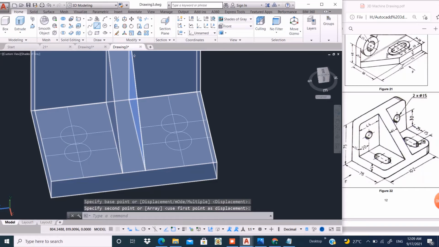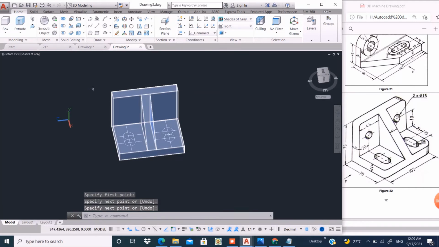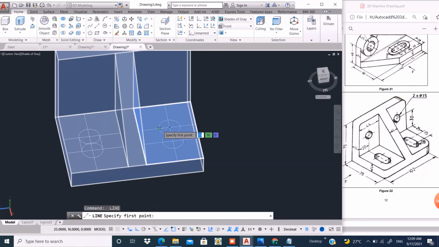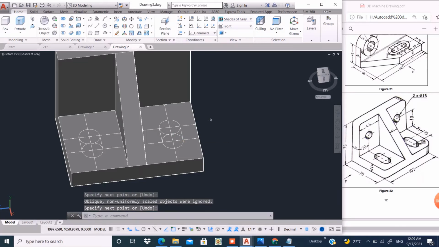Now again line command, click here, join, click here, join. Here also, okay.